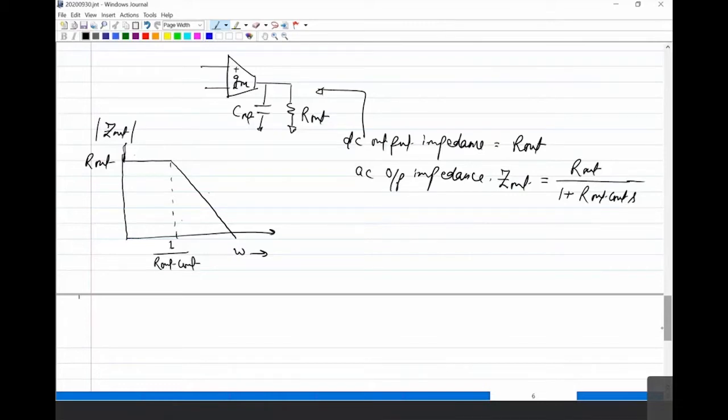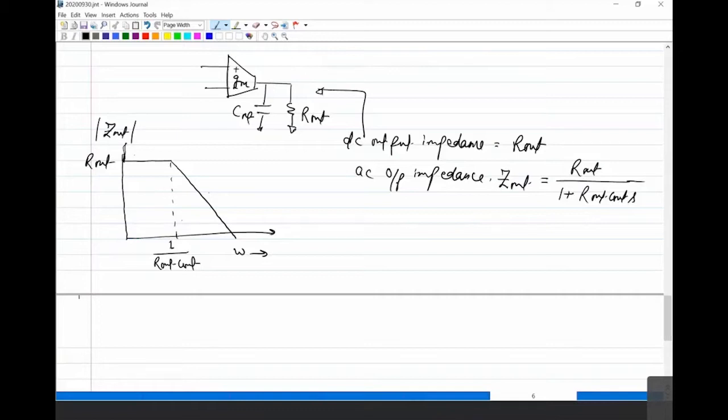Yeah, should be low because we don't want any change in the output voltage when there is a change in the current. So delta V out over delta I out ideally should be 0. There should not be any change in the voltage because I want to keep it very stable, regulated, which means your R out should be 0. So as you increase the frequency, at high frequency, obviously your capacitor will block any changes in the output, because it will act as a short circuit, and that's why you see your output impedance is increasing. But if you have any slow frequency change, then it will be determined by your